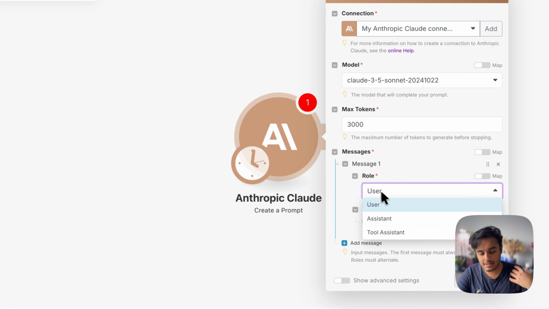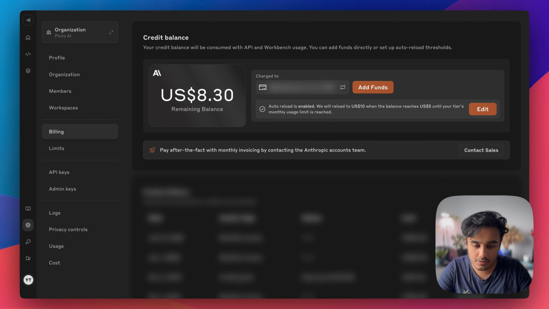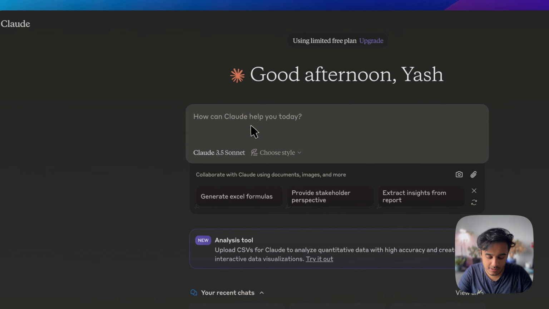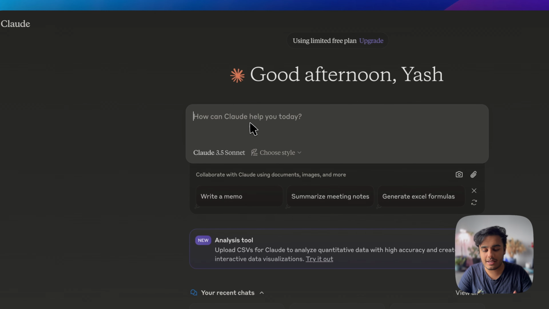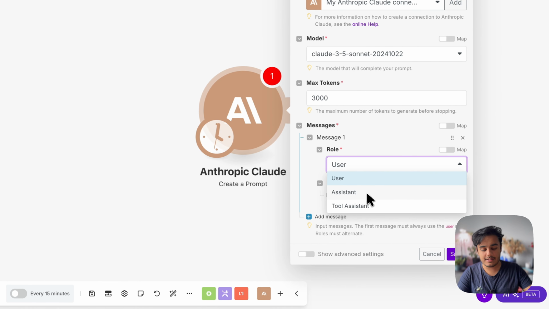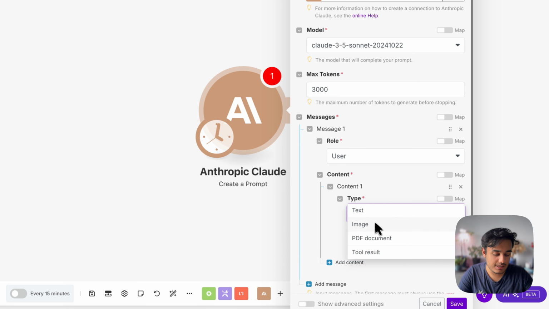This means you're just essentially querying the model. So it'll be very similar to, let me see if I have it open. I do not, so let me open it up. So if I go to claude.ai, you can see over here that basically when you type something in here, you're typing that in as a user. And when it responds to you, it's responding to you as an assistant. So we want to just select user because we're just using it as a normal standard chatbot. And then content, we want to select content type as text. If you're using any of these other types, you can obviously change that, but I'm just going to use text